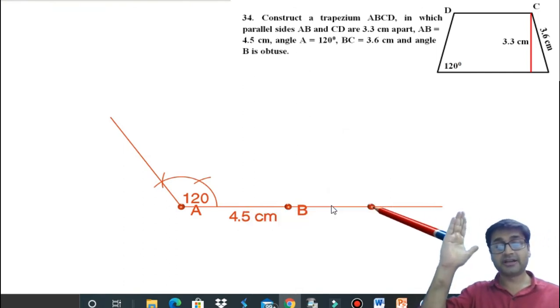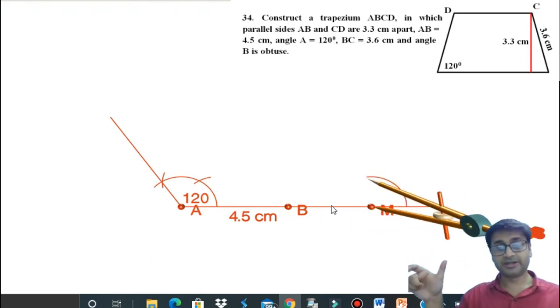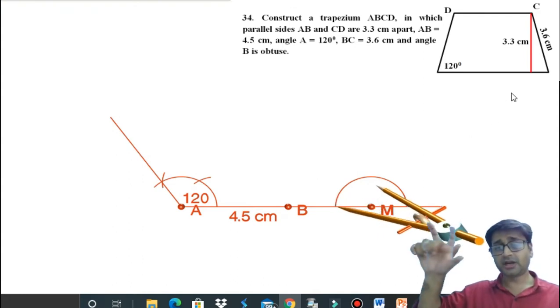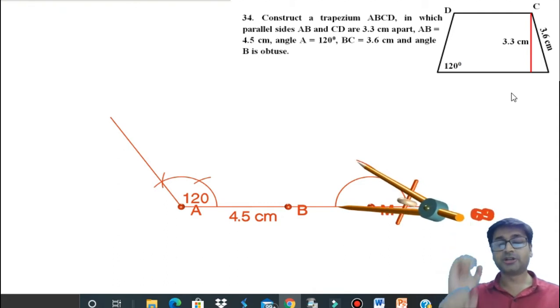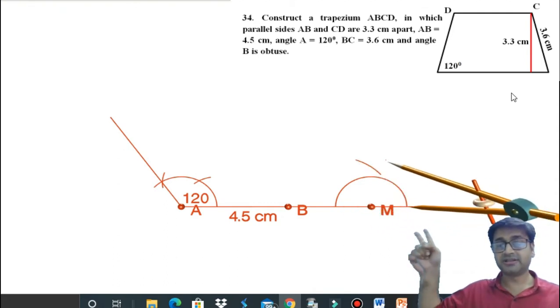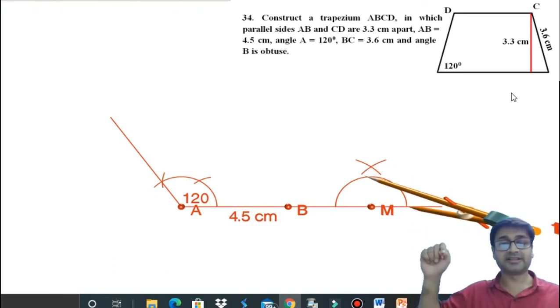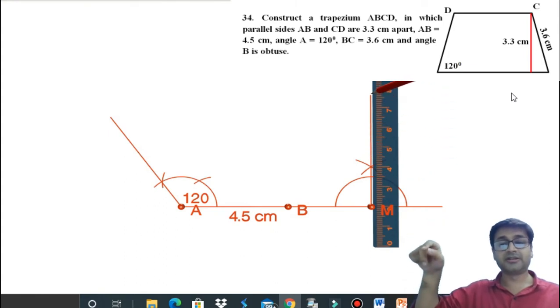How are you going to get 90 degrees from M? Keep your compass on M, cut an arc 180 degrees. Then from either side, one here and one here, cut further arcs without changing the radius this time, and join it with the point of intersection. So can you see this? Exactly, this point is very important. So from this point you cut that second 180, and then from that point you join it. What we get is the perpendicular.